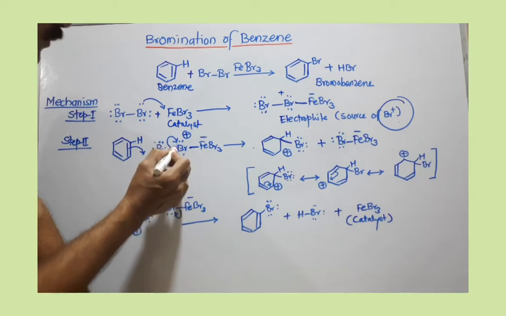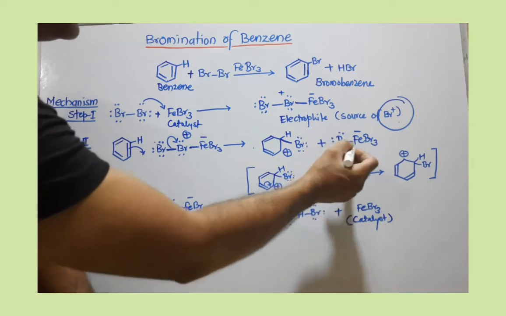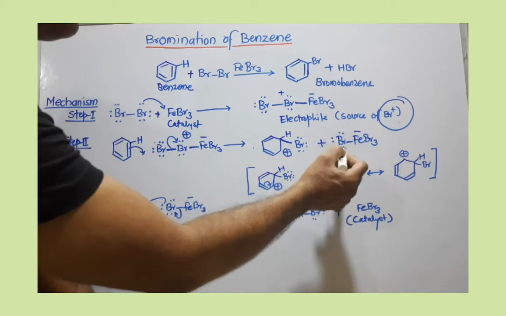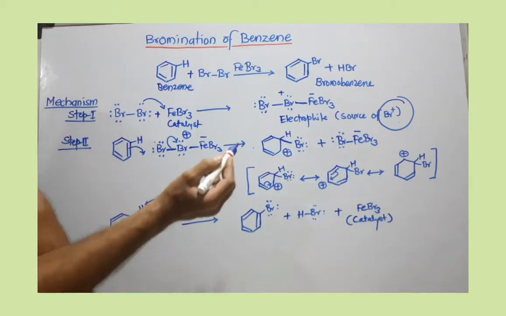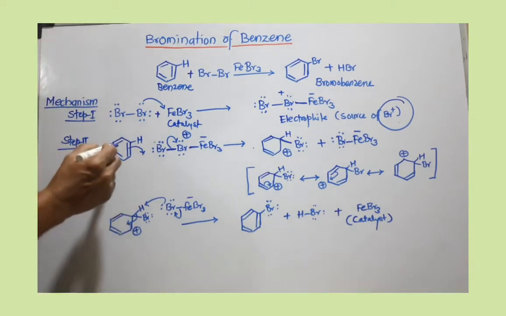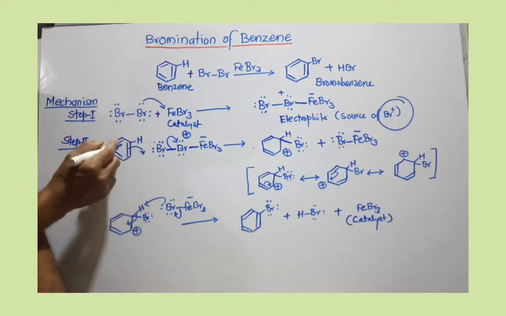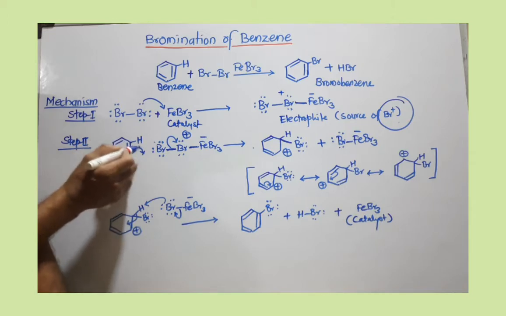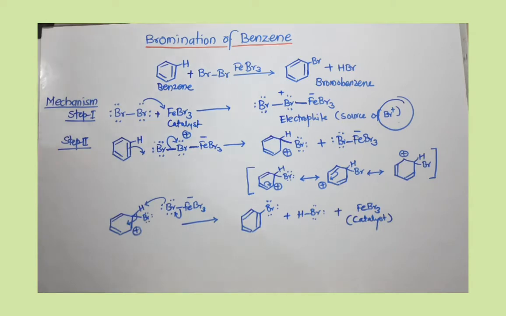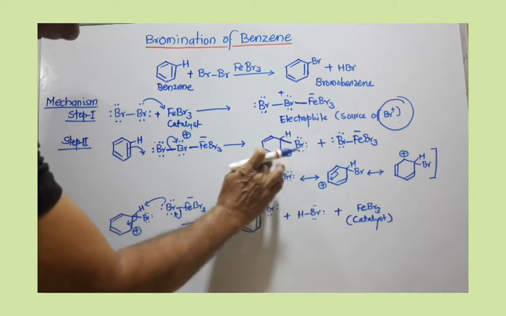So there were 2 electron pairs, but now you can see 3 electron pairs on this Br. Because of this, this Br now has 7 electrons. With 7 electrons there is no formal charge. But something is disturbed here on this benzene ring. There were 6 pi electrons, so this is an aromatic center. But when this pi bond is moved outside this ring, there are just 4 electrons. So this aromatic center is disturbed, and because of this it is less stable. This is stable, this is less stable.